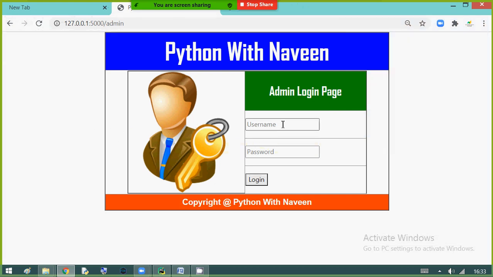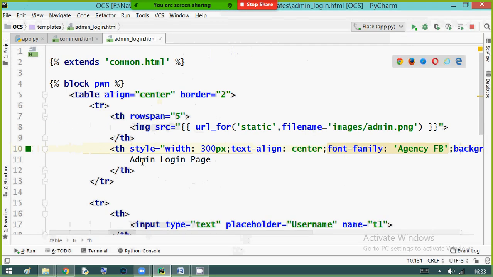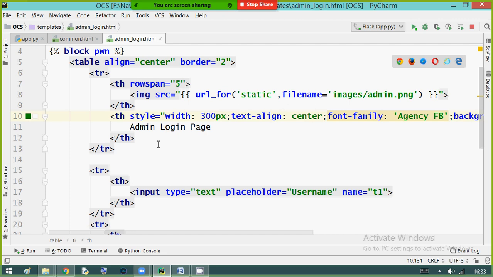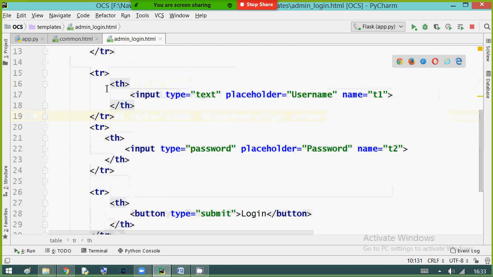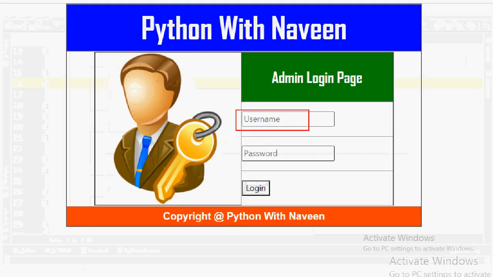Now arrange these fields also into the center, all the fields into the center. So write one common CSS code, that is style, where we can add to all. I want to arrange this table header field into the center.